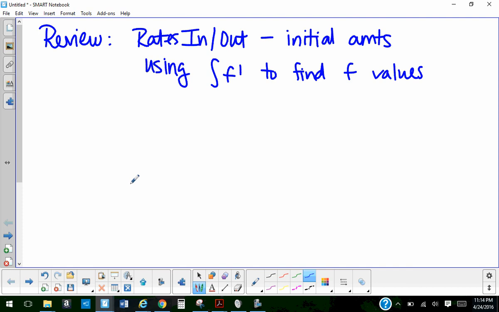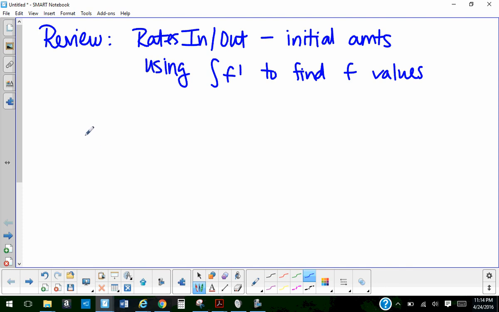I'm going to start with the whole idea of rates in and out, and we've seen this tons and tons of different ways. We've talked about gravel coming into a plant. There's been stuff about sand. There's stuff about rainfall amounts. They can do any real life thing that they want. But just to review in general, let's talk about,